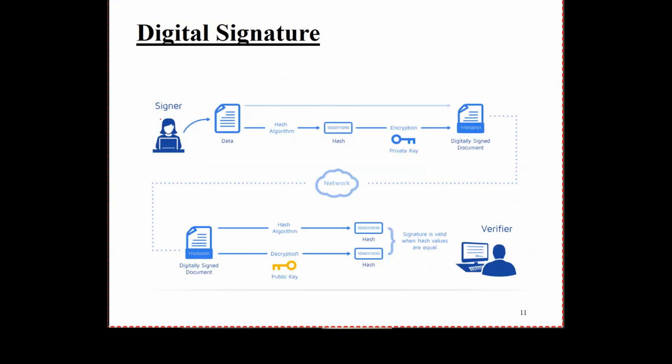This is how it happens. So you want to send something. We call you the signer. This is, for example, Dr. Munder, who wants to send a file about the assignment. Now, the receiver, let's say, for example, is Maha, who is going to receive this file. So I write the message,